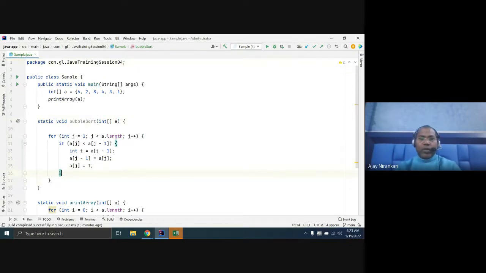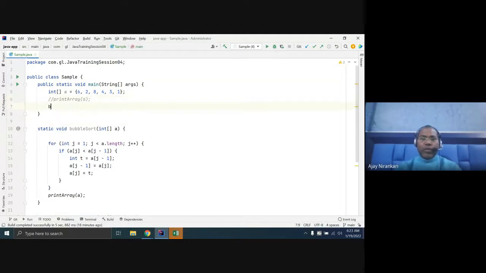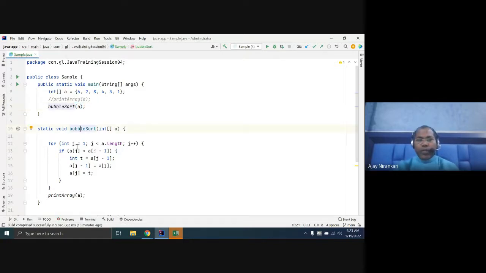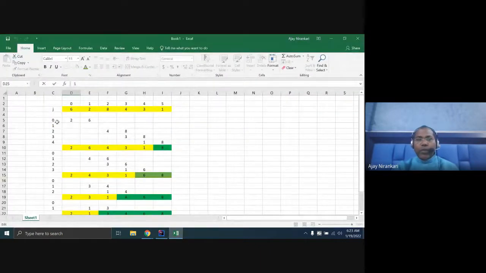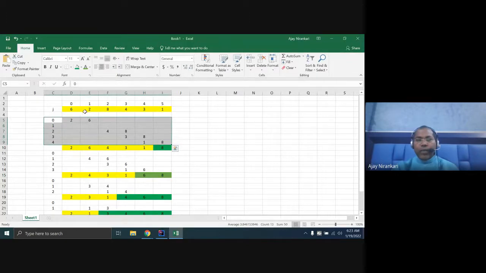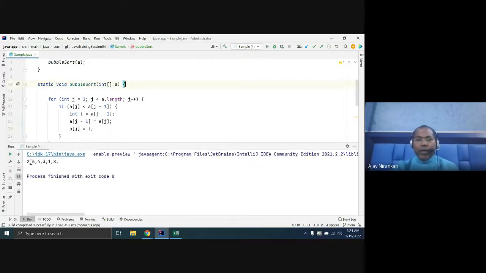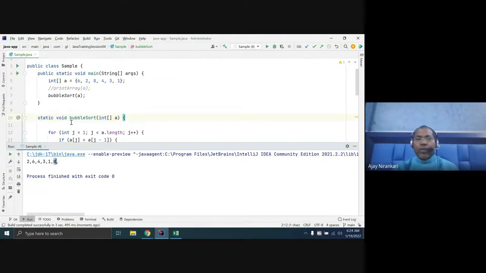So after the loop will come complete, I have commented it and I call our function bubble sort. Whenever you run, you just compare one by one in the loop. As per this logic, we are comparing this to this, this to this, until the length, right? If you run this code, you will not get the sorted list because you have run only one loop, that will make the maximum the last element.